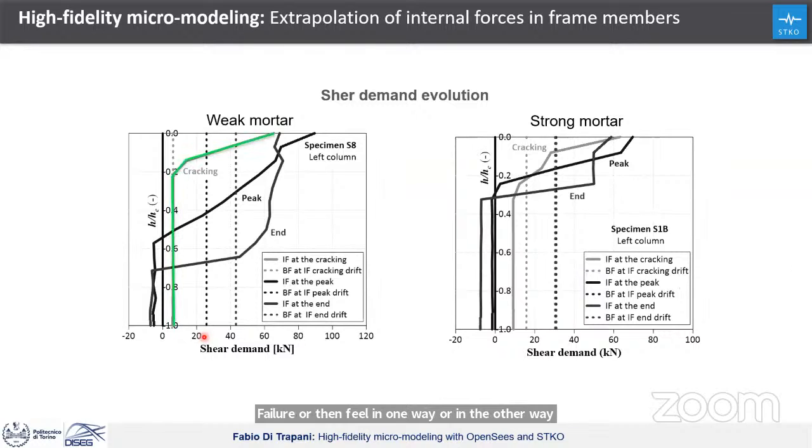For example, if we have weak mortar, you can see this evolution of the shear demand at cracking, at peak, and at the end. Because the sliding will increase during the analysis, you have a modification of the shear demand that is like this. For strong mortars, and that we are going